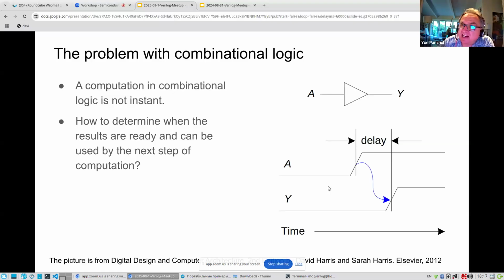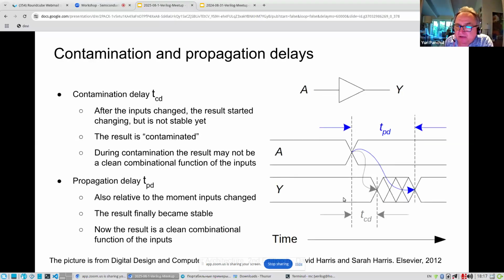the difference between hardware and programming is that hardware lives in a physical world. So when you change something in the input, you don't get output right away. There is a delay. Once you start changing some inputs, the outputs don't change right away, but they start to change after the so-called contamination delay.